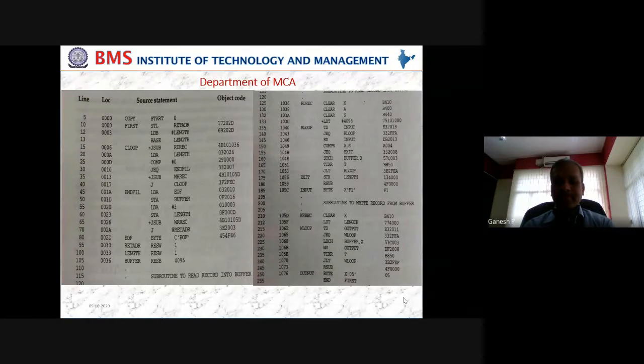Similarly, line number 210 to 250 is another subset of the program. So this program is divided into three parts, three independent parts rather, but we have visualized this program as a single program for our requirements so far. But given the opportunity, even in a high level language, it is possible for a big program to be split into a main program and subroutines or functions.